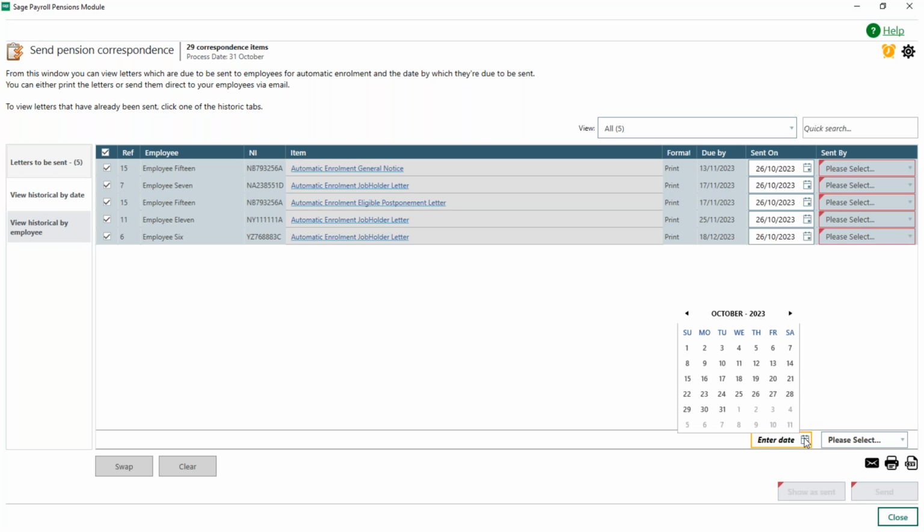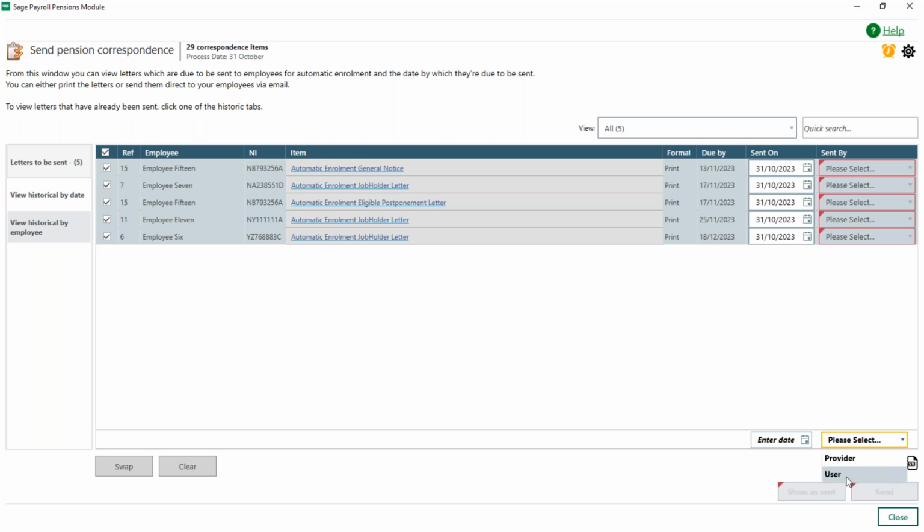Now, all of this has been dealt with, let's say, at the end of October. So it's before the due dates for all of these letters, but it's after the enrolment date for many of them. We're going to choose that the user is creating the letter. It wasn't the provider who did it, we're doing it. So I've chosen user. And then if I click send,